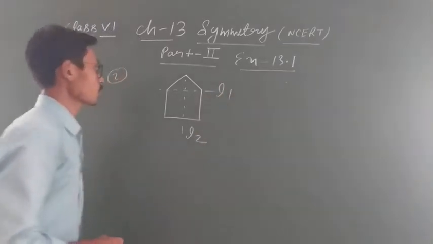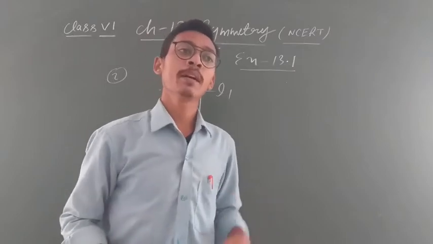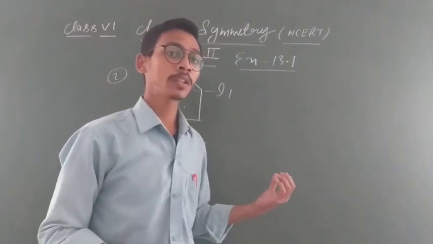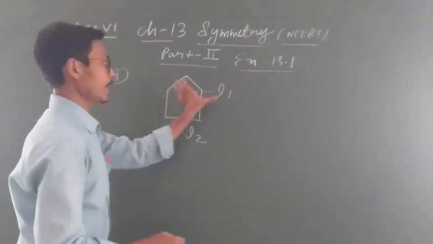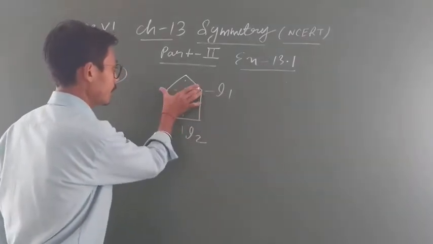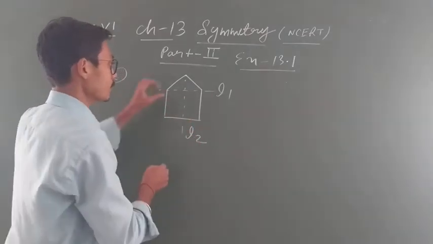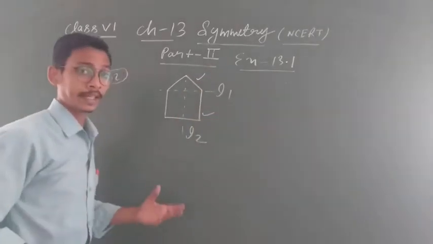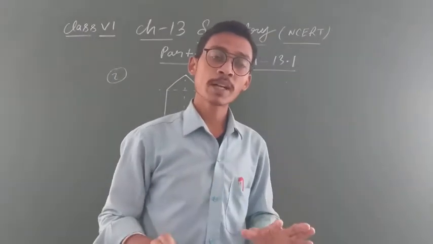Now look, it is given in the question: which one is the mirror line? So don't be confused, students. Mirror line means you have to find the line of symmetry. Clear everyone? So I think now you are able to distinguish which line is the correct line of symmetry. If any student marks L1 as the line of symmetry, this is wrong. Why? L1 divides this diagram, a 5-sided pentagon, into 2 parts. But one part is in the form of a triangle and the other part is in the form of a rectangle. This is incorrect because symmetry means both parts should be identical.